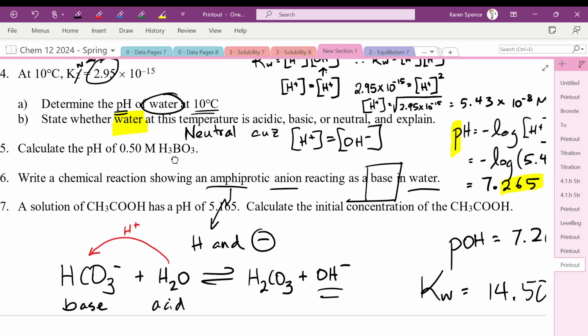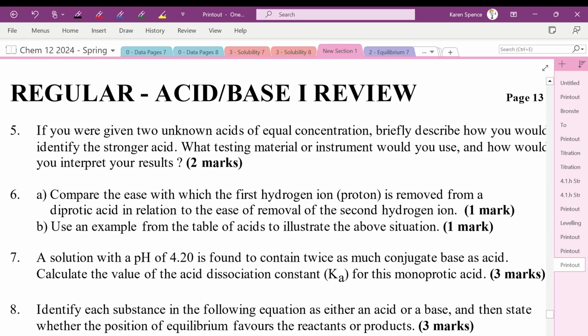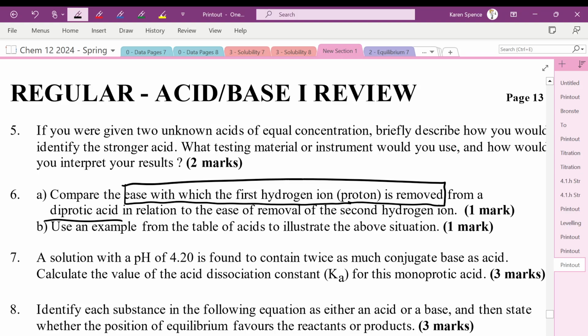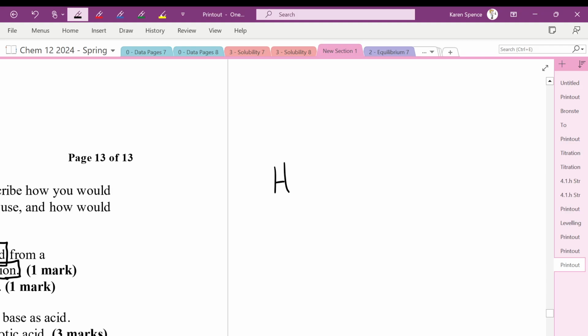Yes. Number 6, for written. Oh, this is a good one as well. We did this in the other class. Compare the ease with which the first hydrogen is removed from a diprotic acid compared to the ease of removal of the second hydrogen ion. Use an example from the table of acids to illustrate the situation. So what we're going to do first is say, what on earth is this removal of the first hydrogen? So we're going to go over here and say, I've got a diprotic acid,